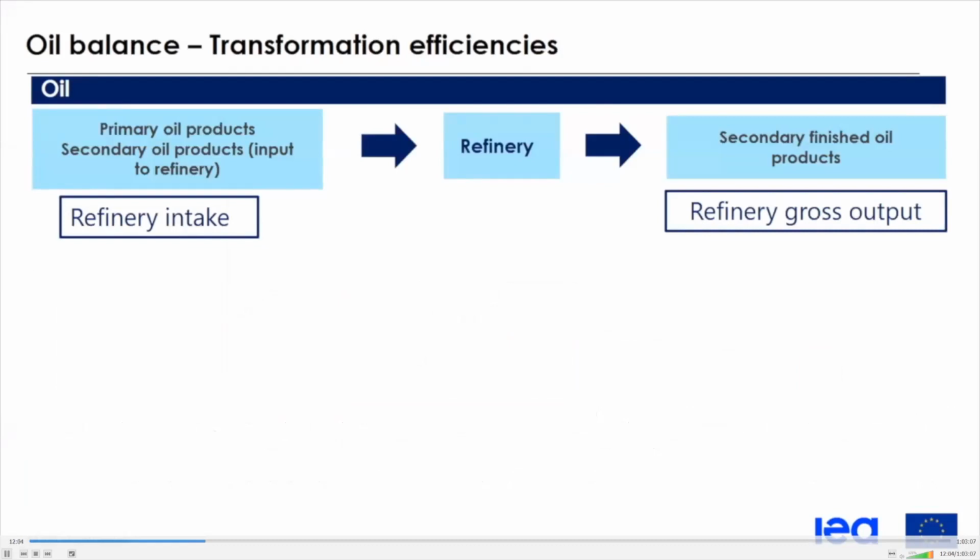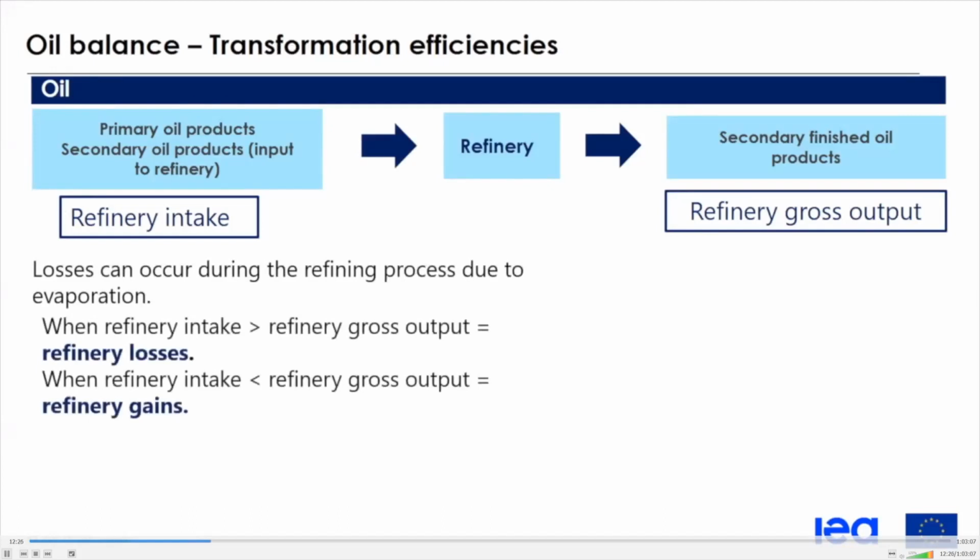Those are the two main elements that we have in terms of data. So we take these intakes and these outputs, and we try to see if the losses that occurred during the transformations make sense or not. Attention here,